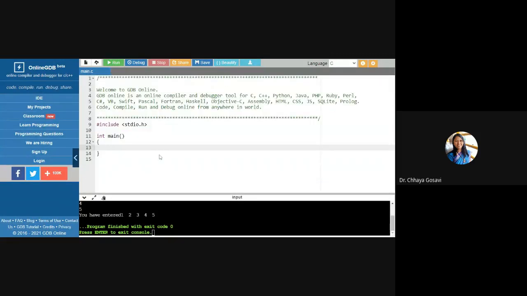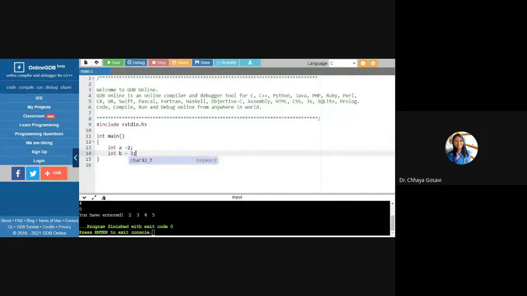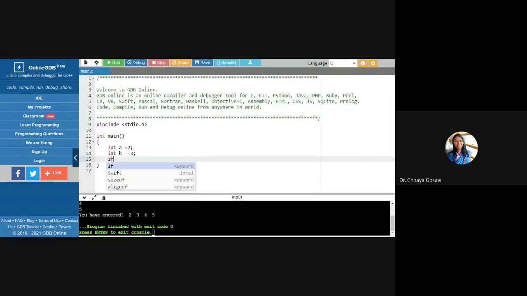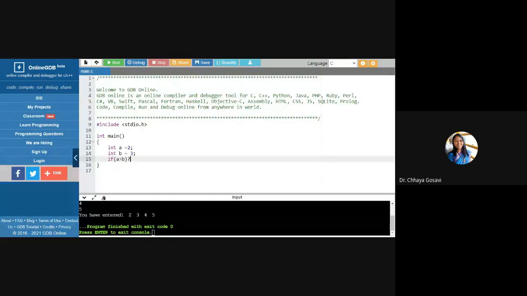Ternary operator. Integer A equal to 2, integer B equal to 3. Some example: A greater than B, question mark, then printf hi, else printf hello.